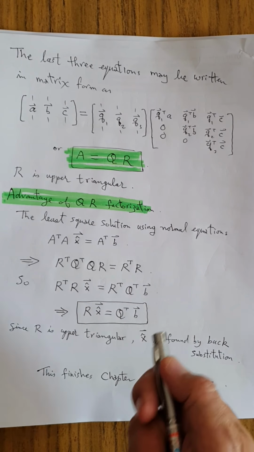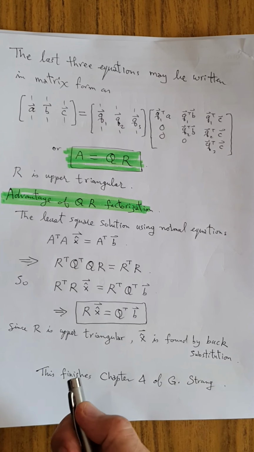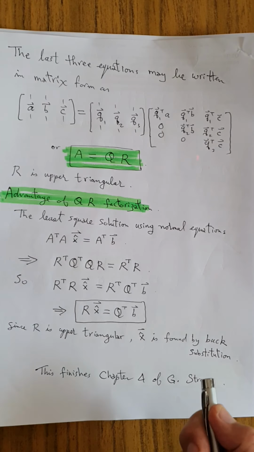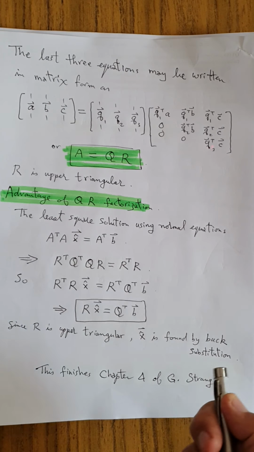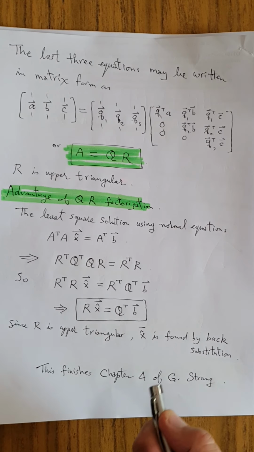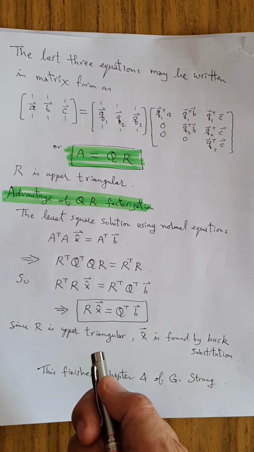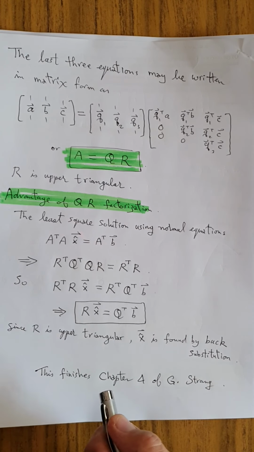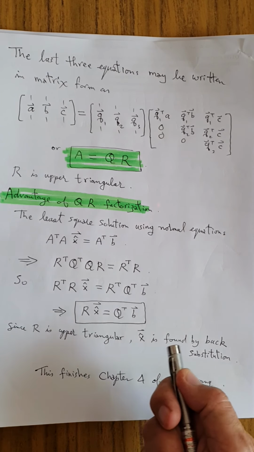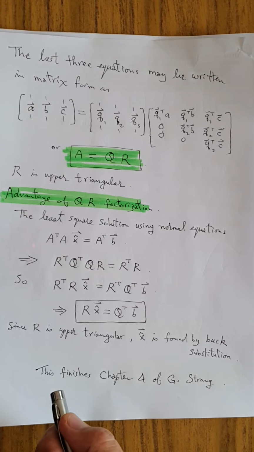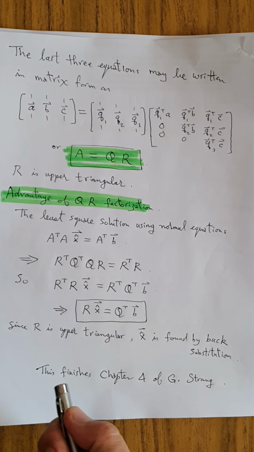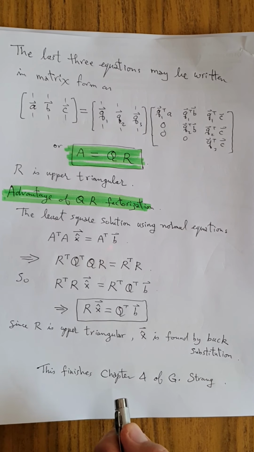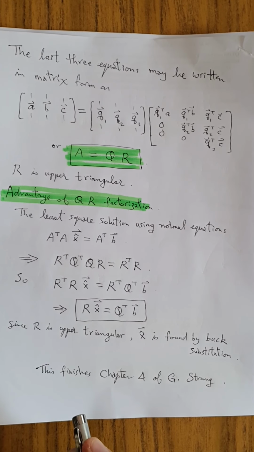The last three equations may be written in matrix form as follows. Okay, and we see that the matrix on the right is upper triangular, and this is called R, capital R, or we can write this equation as A equal to Q times capital R. R is upper triangular, and the advantage of QR factorization, okay, is the following. The least squares solution using normal equations A transpose A times x hat equals A transpose b becomes, using the QR